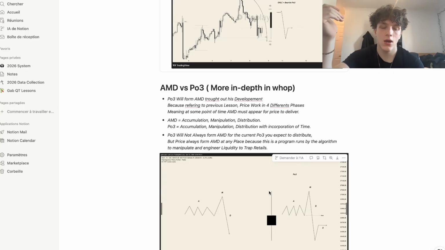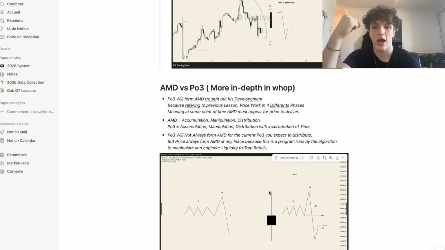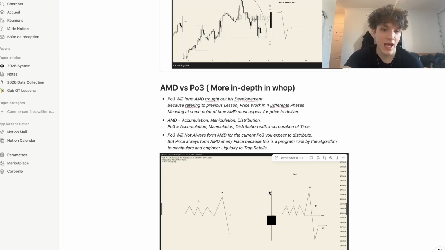Last week we made a high, swept a significant high or a significant low, and placed a cracking correlation. The next power of 3, if it's aligned with our higher time frame narrative, will not necessarily need a big manipulation leg. It would just need a small cracking correlation to confirm the low and then continue to run. So we don't need accumulation, manipulation, distribution inside of a power of 3. But in many cases, from my own experience, AMD will appear inside of a power of 3,